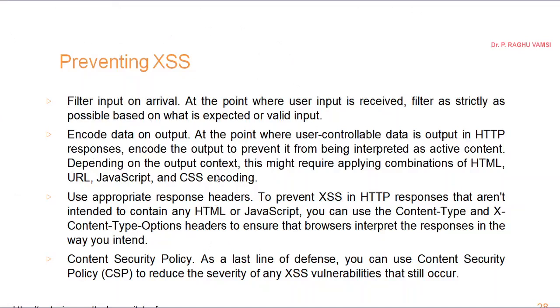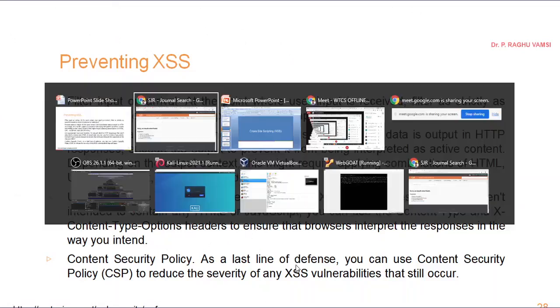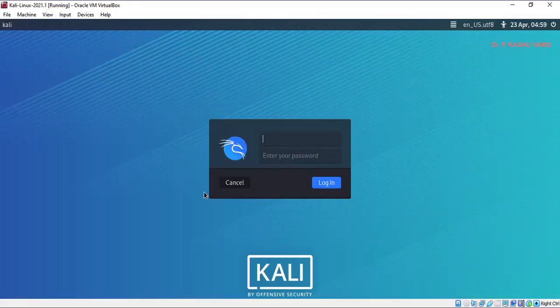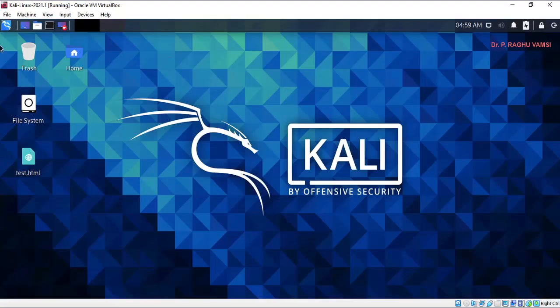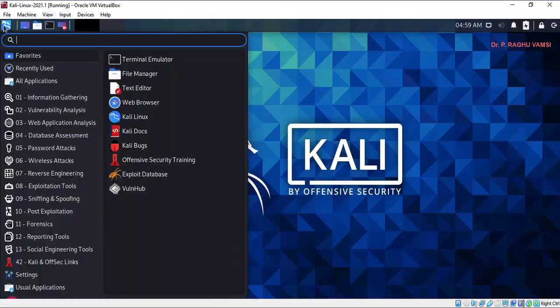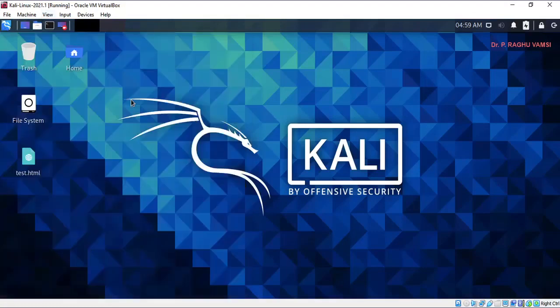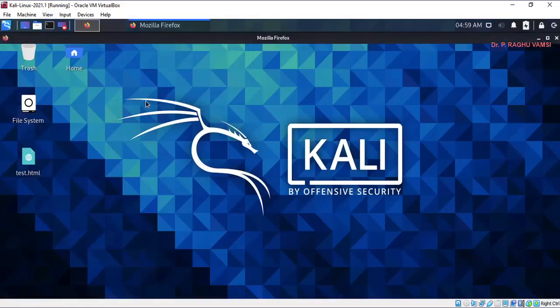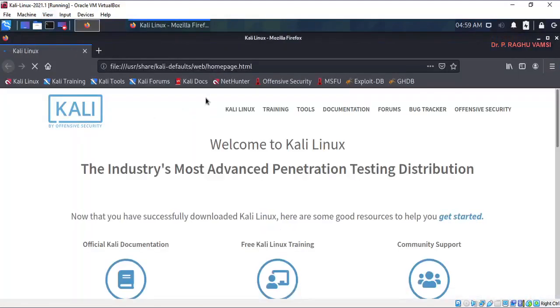And finally, if these things have not happened, here also use appropriate response headers. Where we can see these response headers is in WebGoat, so we can move on to that next. Whatever we want to open will go for opening of this WebGoat. In that, the response headers will be recorded if you go for Burp Suite.